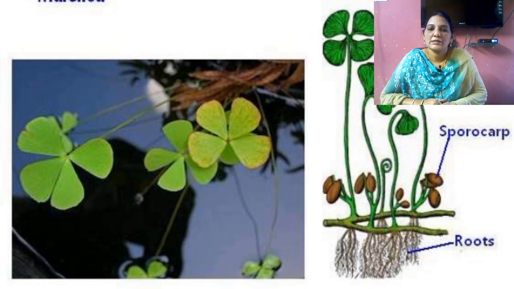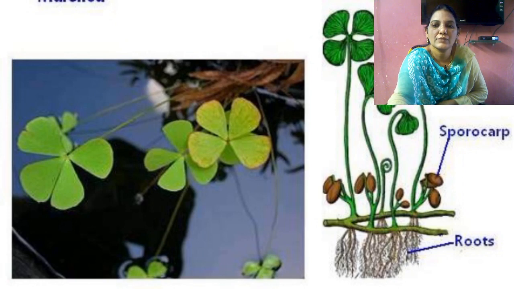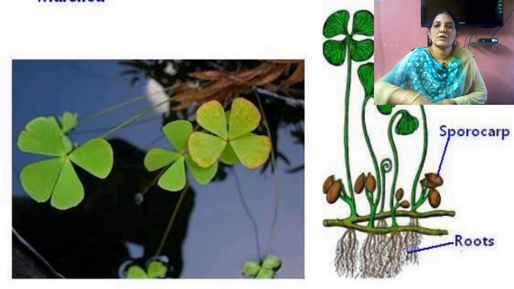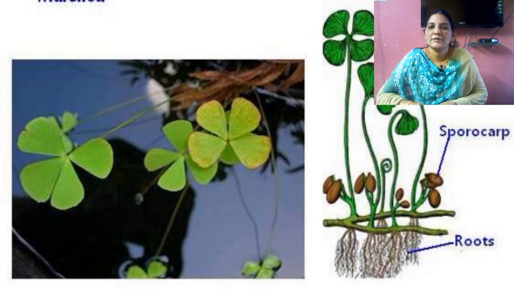One sporocarp is also present at the base of the long petiole. The sporocarp participates in reproduction. The young leaf petiole turns into a spring-like structure, so it is called circinate venation.